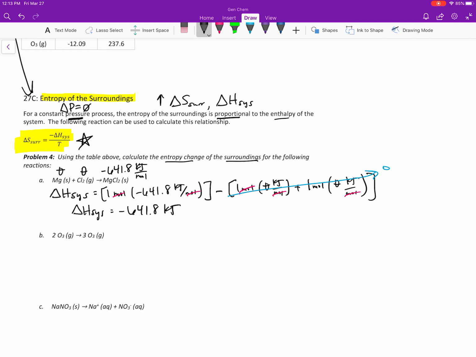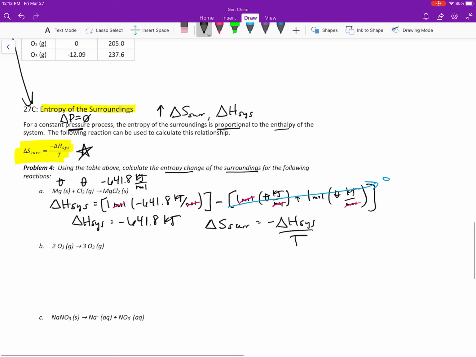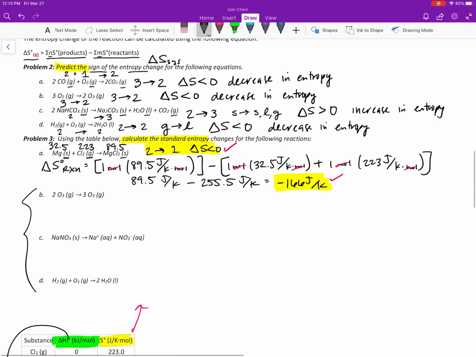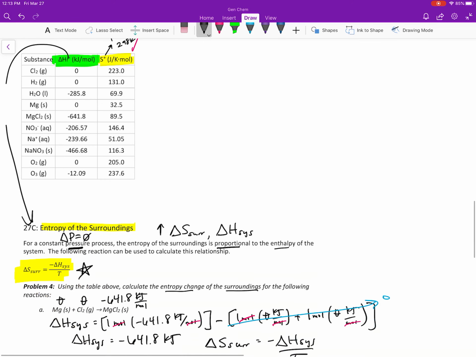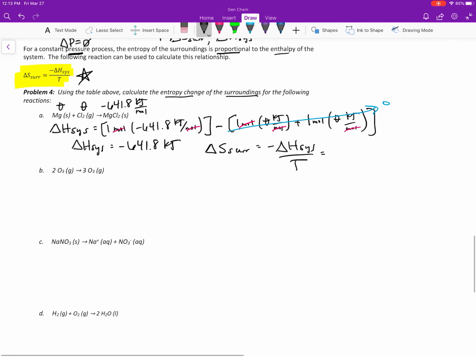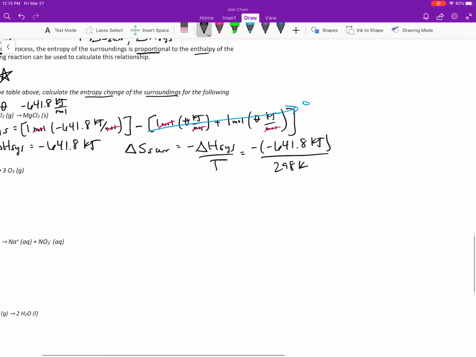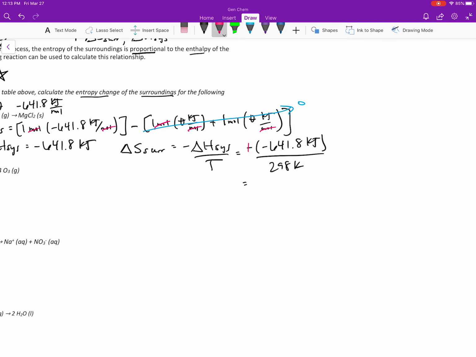And if I want to convert that into entropy of the surroundings, I'm going to have to plug into this equation, divided by T. And I have to know what T is. So if I go back up, it doesn't give us a specific temperature, but we do know that this means a temperature of 25 degrees Celsius, which was 298 Kelvin, that naught symbol. So now I'm going to plug in my negative 641 kilojoule, divide that by my 298 Kelvin. This is going to give me a value, right? The negatives will cancel out, leave me with a positive. And this leaves me with